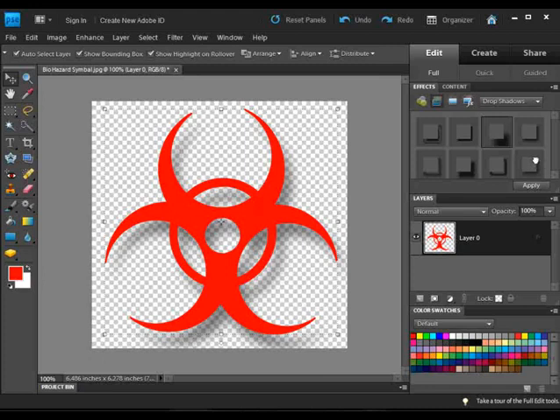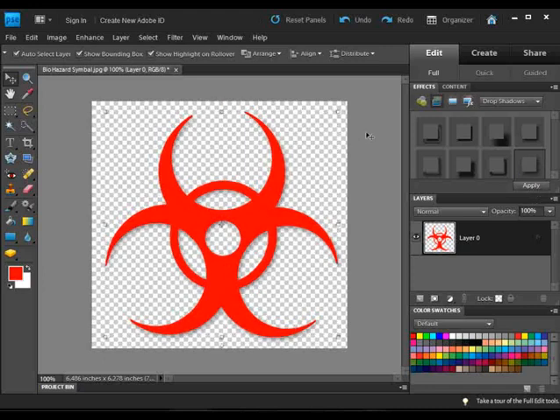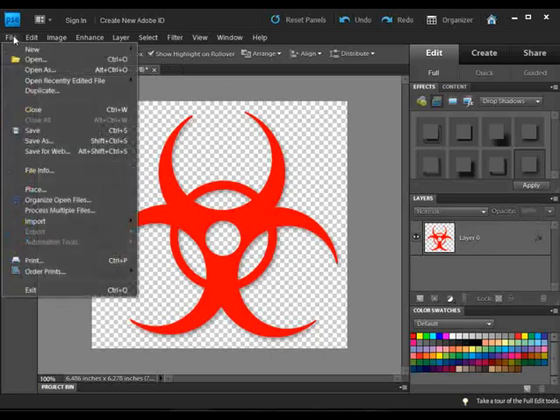But this is not the shadow I want. I actually want a soft shadow, so I'm going to choose this bottom one. And if you actually hover over it, it'll say Soft Edge Shadow. Hit Apply. And I am happy with that. That's what I want. This looks great. And now I'm going to go File,